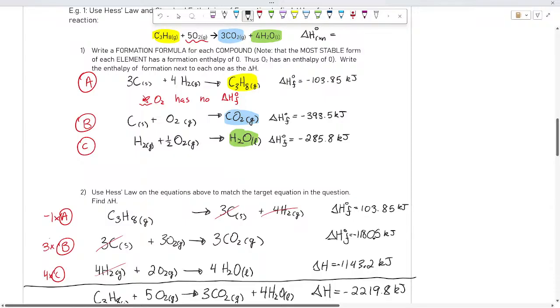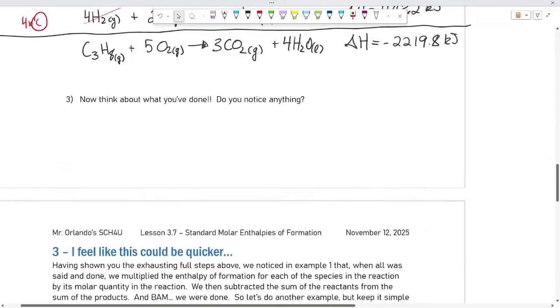And then, for our reactants, I'm not going to add their delta H's, because we're not making them. Or we could just more simply say, instead of adding them, I should subtract them. Because instead of making these things, I am unmaking them. I'm using them. Does that make sense? And this leads us to,